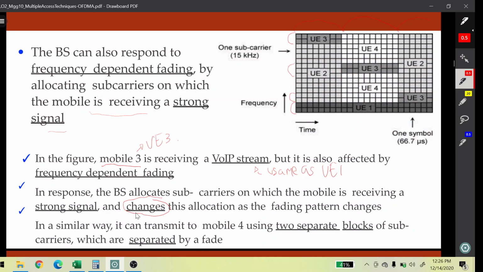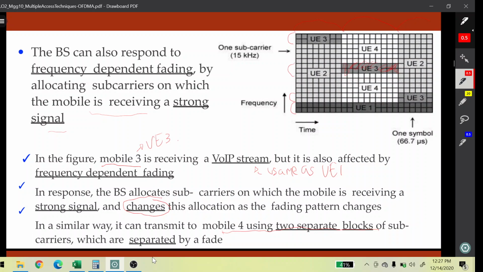Now, in a similar way, we could also separate the mobile phone using two separate blocks of subcarrier, which are separated by a fade. Now, if we are looking like this, because UE3 is utilizing this resource element over here, then when user UE4